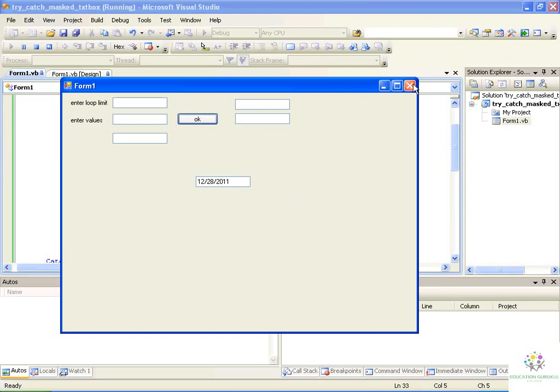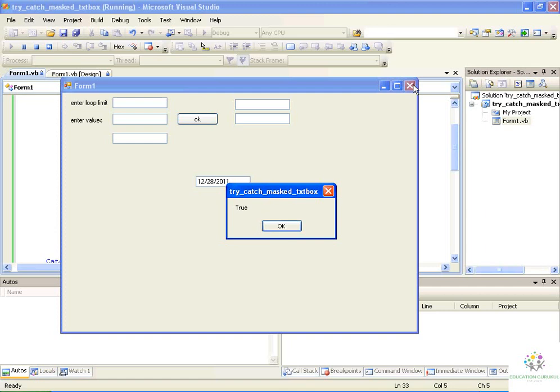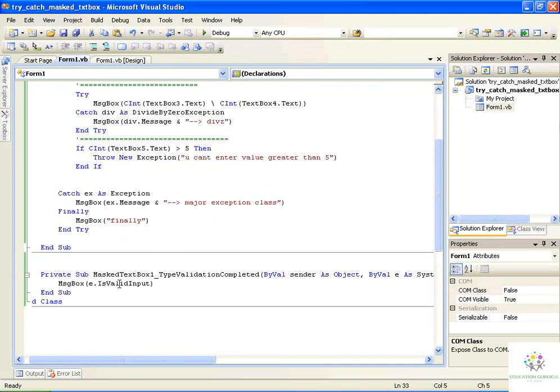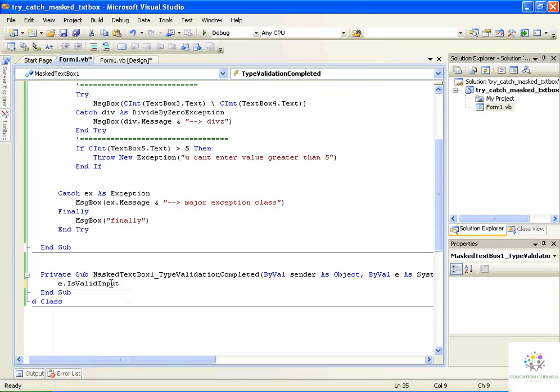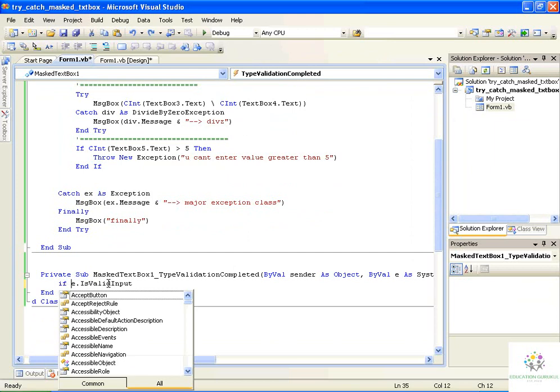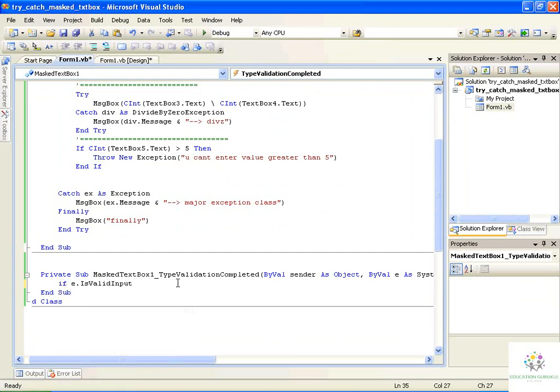If the format is proper, the background should be green, and if the format is not proper, the text box should become blank and the background should become red. Let's see. If the input I'm giving to the mask text box is valid, it will return true. Let's use a condition: if e dot is valid input is true, then